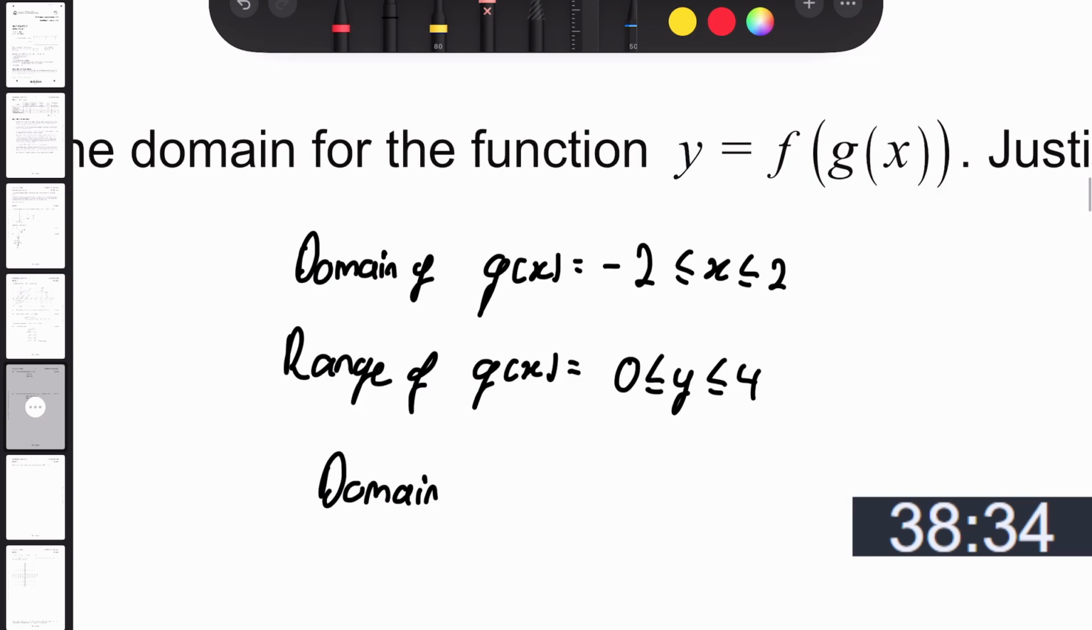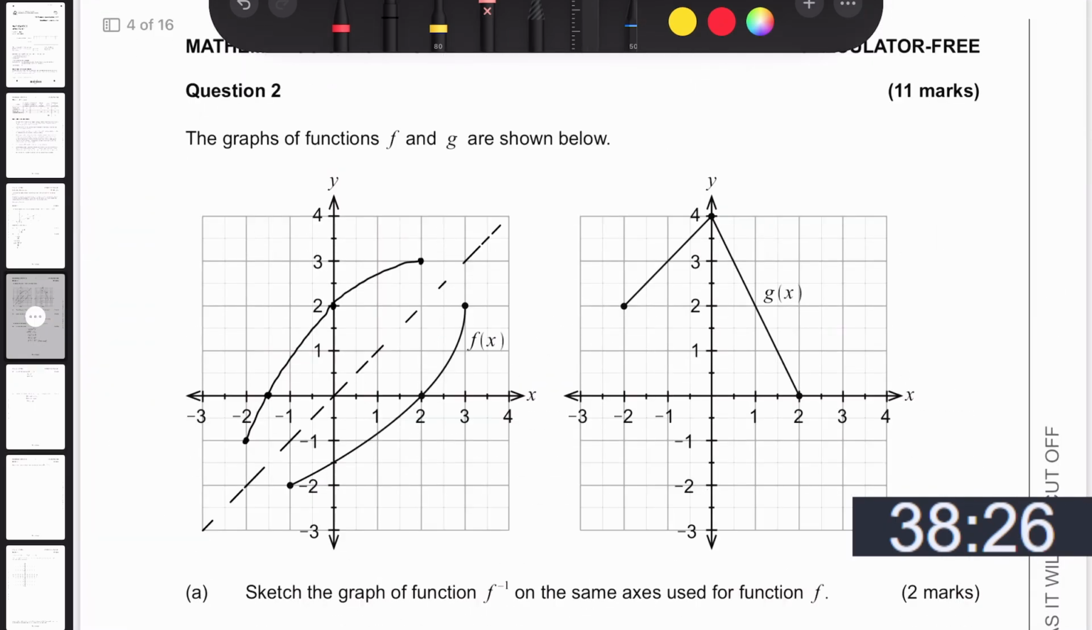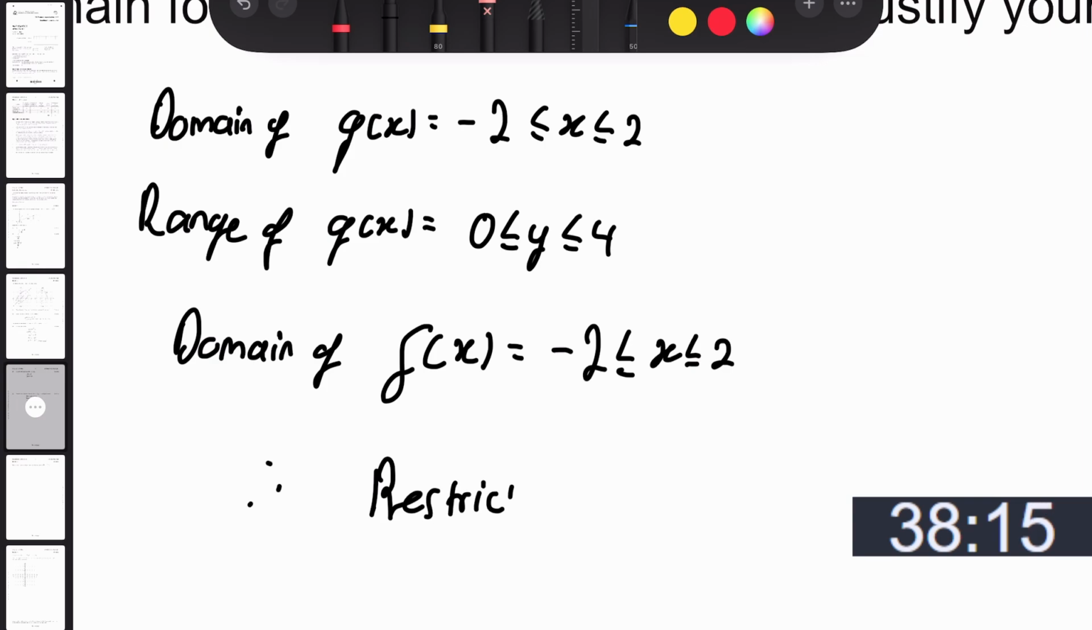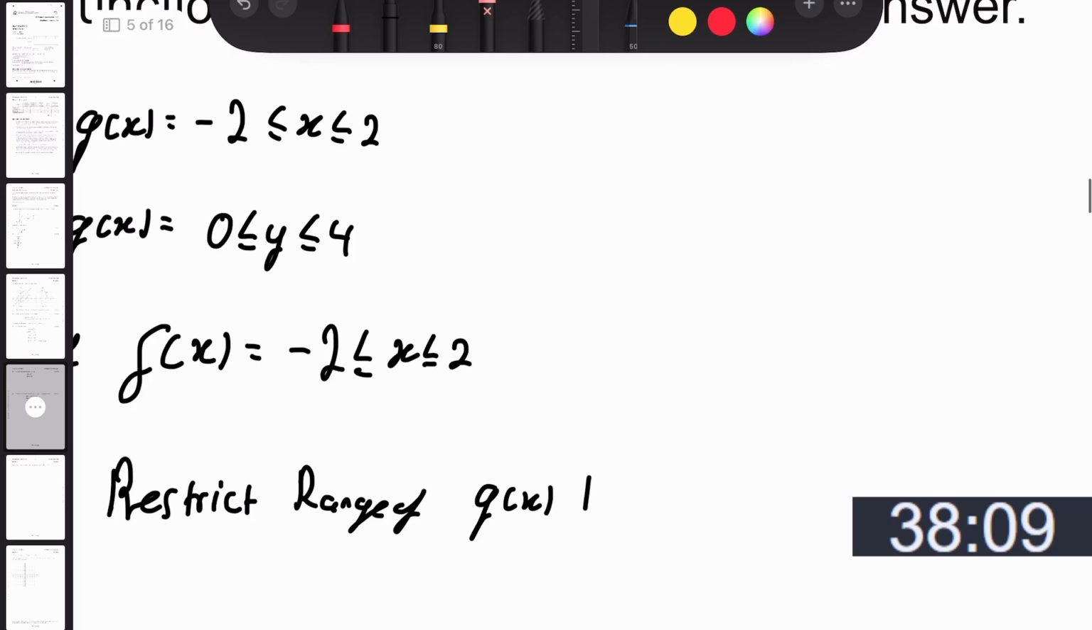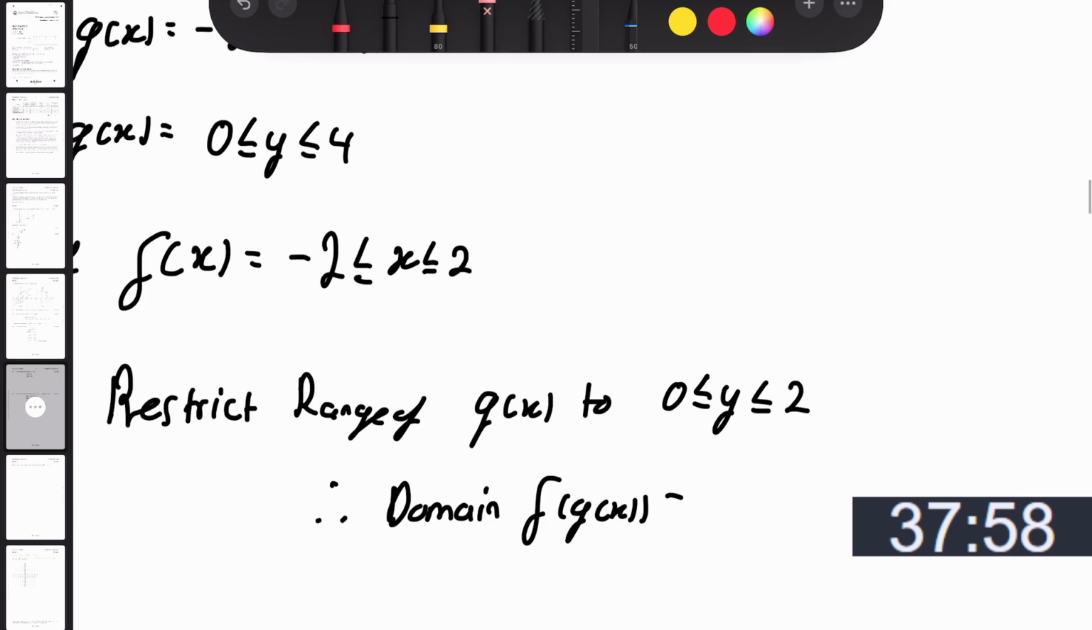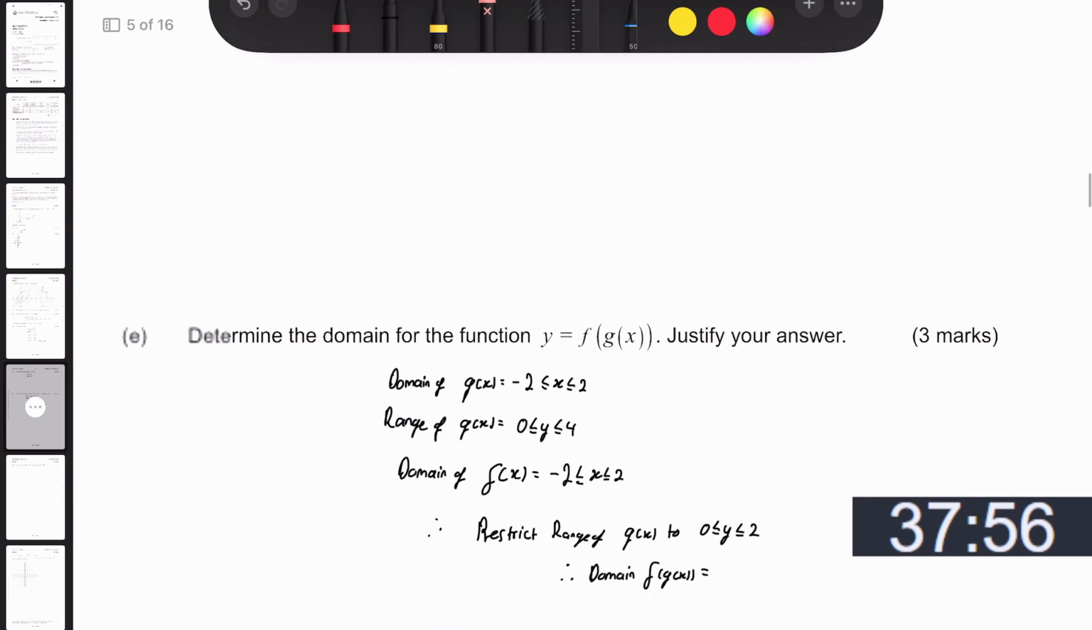Domain of f of x is equal to negative 2 to 2. Therefore, we need to restrict the range of g of x to 0 less than or equal to 1 less than or equal to 2. Therefore, the domain of g of x is going to equal, because it can't go to 4, so we're going to have